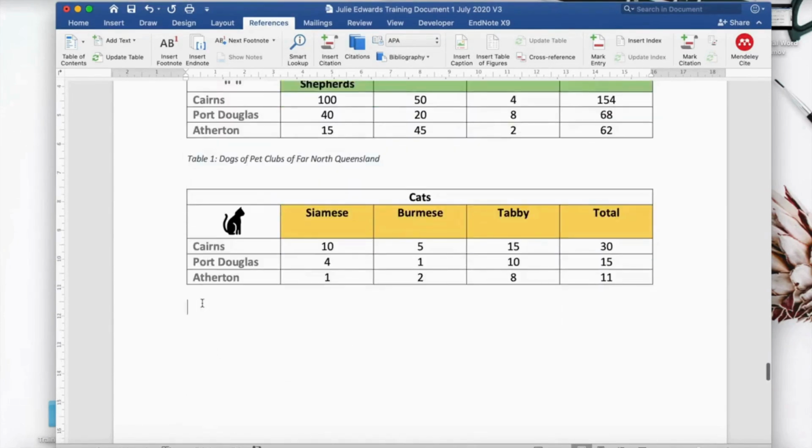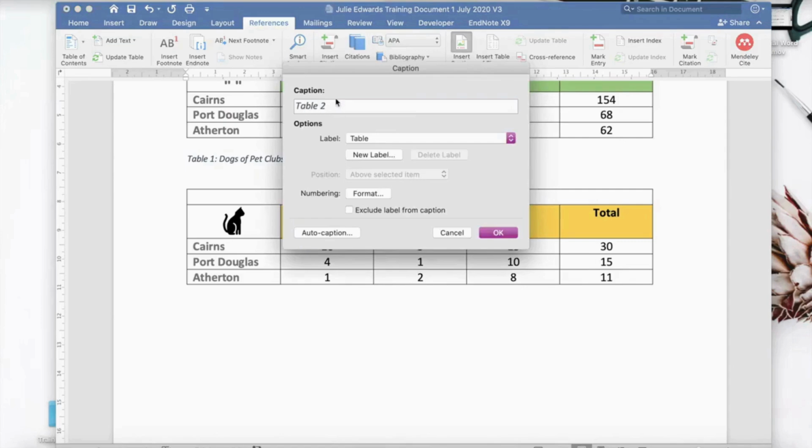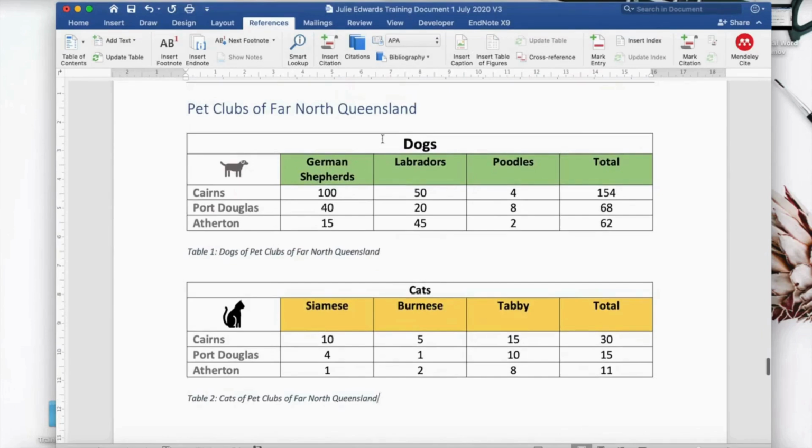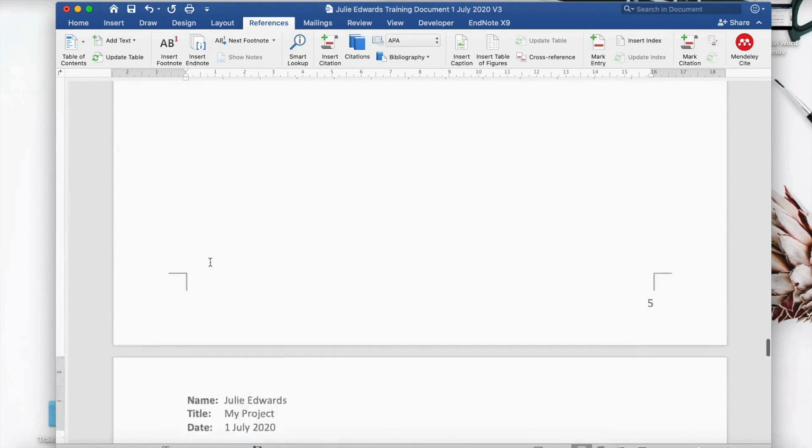And I'm going to do the same here. Go to my insert caption. Automatically now it goes to the default of the one you used before. So it's table 2. It's cats of pet clubs of Far North Queensland. We know it's a table, that's okay. Alright, so we now have our heading, we have our 2 tables, and each one of them are labeled as a table. We go back up